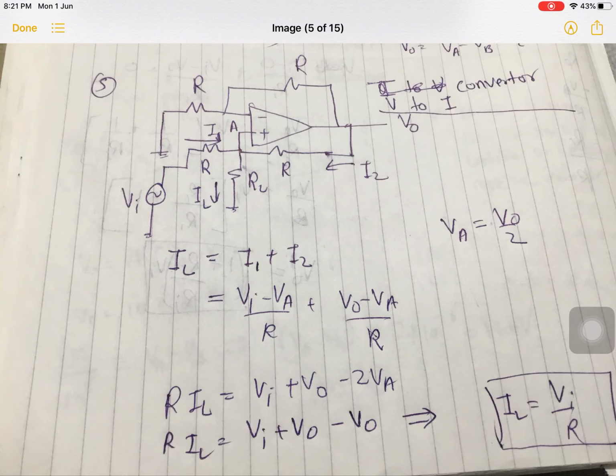Hello everyone. In the last class, we ended the video on this topic, that is V to I converter. And in the last class, I left you with a question: what is the need of a V to I converter? Because in this circuit, what we are doing is generating a current on the basis of some voltage. This can also be done with a simple resistor. So that was the question I left in the previous video. I'll give two more circuits of a similar type, and then I'll tell you the reason for this op-amp based V to I converter instead of just a resistor based V to I converter.